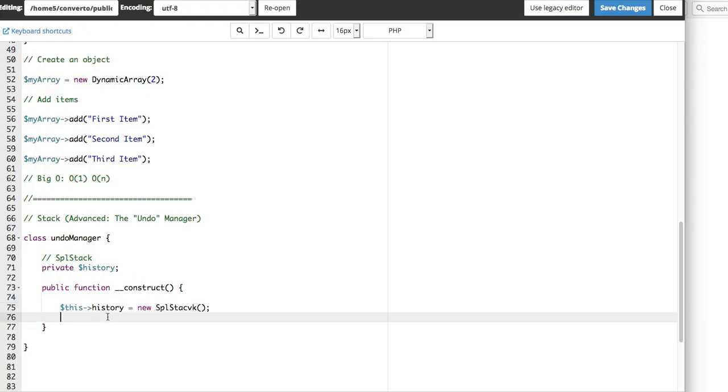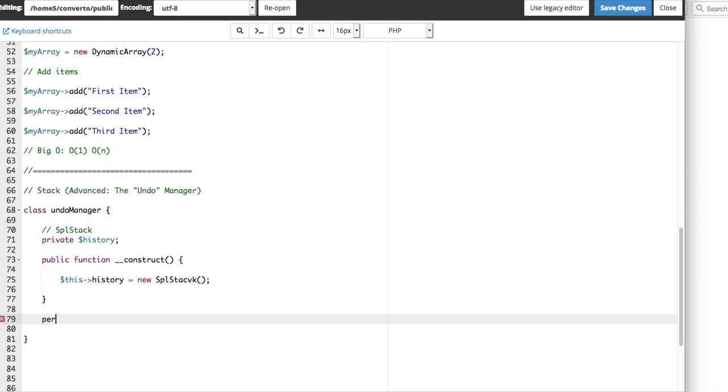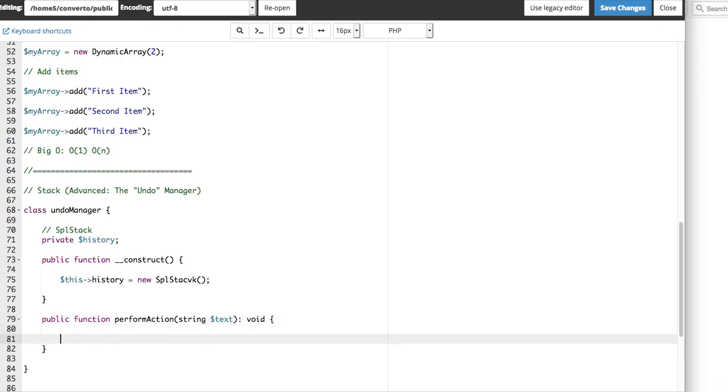Let's go in. Then when I want to create a method, right? So I'm going to say public function perform action string. I just wanted to text and then just say void,